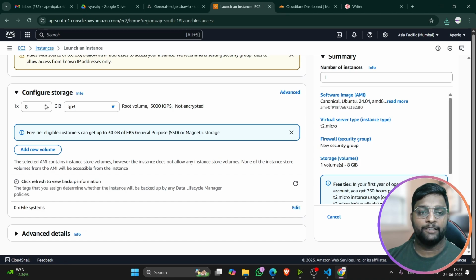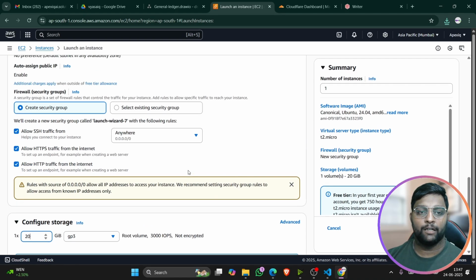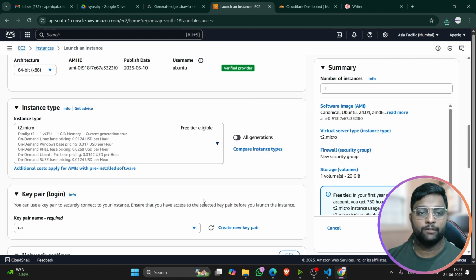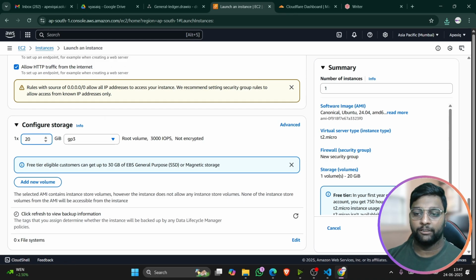So instead of keeping it 8 GB, right, I'll however delete this. So I'll just keep it to 20 GB, and let us launch the instance. Before that, yeah, okay, fine. Yeah, we can launch the instance,